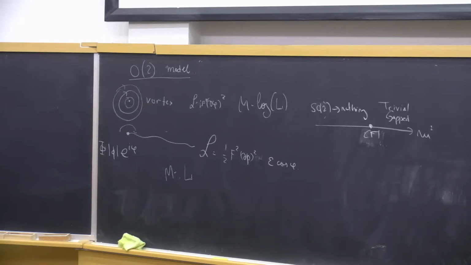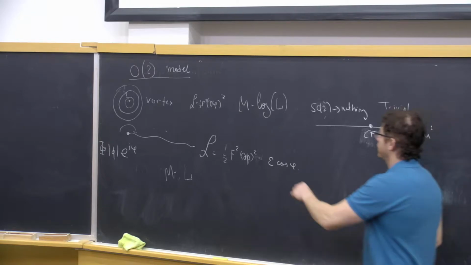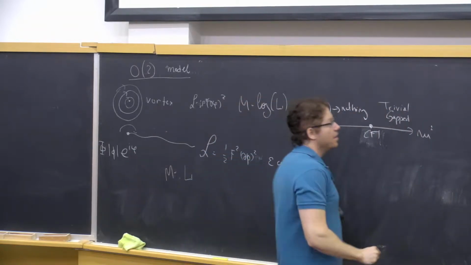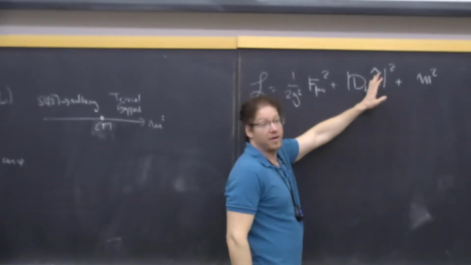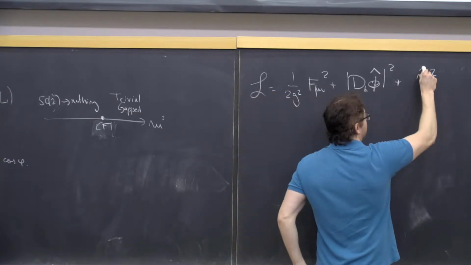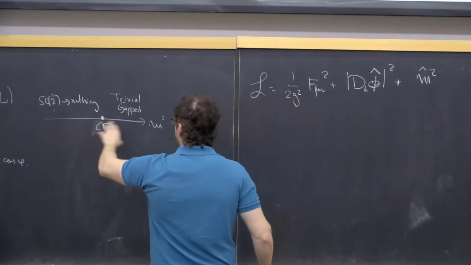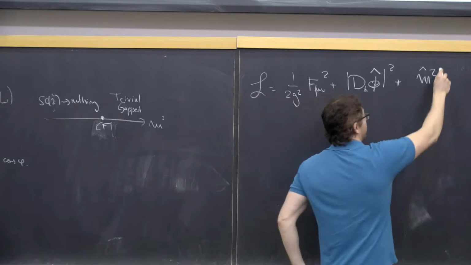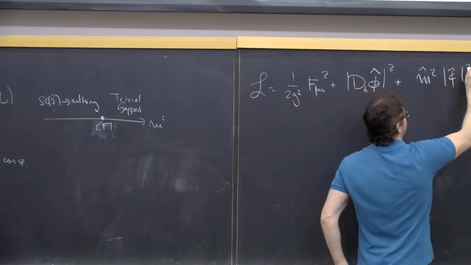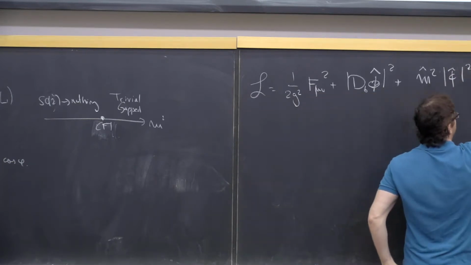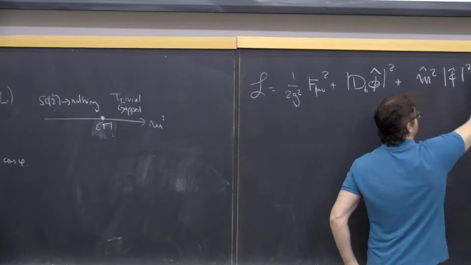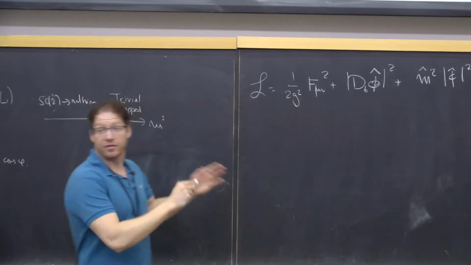So here I'm going to introduce some notation that I'll use throughout. So this is not the same scalar field. The scalar field here was called phi, and the scalar field here is going to be called phi hat. And the mass squared here is not the same as the mass squared here. Here it's m squared, here it's going to be m squared hat. Then we have phi hat squared, and then we have phi hat to the power 4 with some lambda hat. So let's discuss this model now.